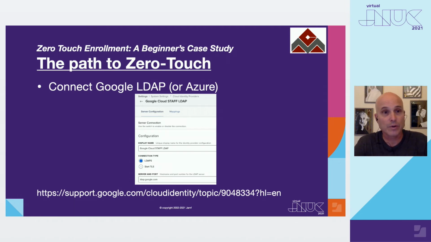Next thing we had to do for the enrollment customization was figure out a way for users to authenticate, so that an end user can get in and start that enrollment process instead of it happening automatically. The end user is going to put in their username and password. So we are a Google school district. We use Google Apps. So we chose to go with the Google Cloud LDAP, and we ran into a few